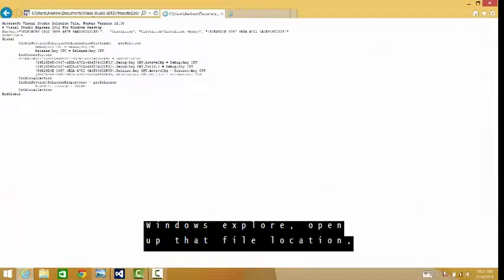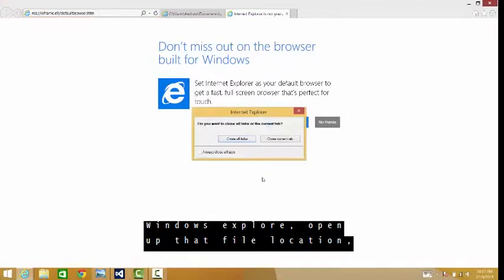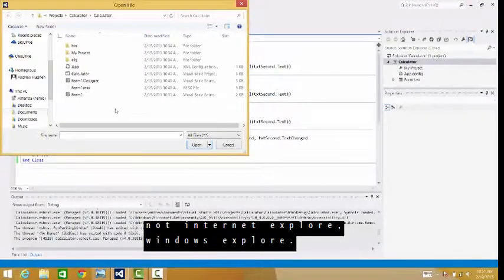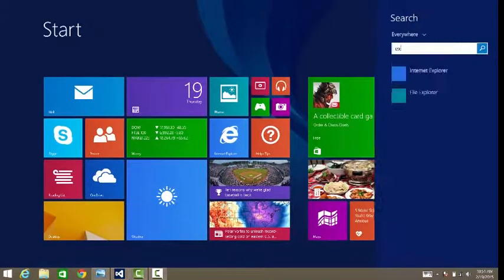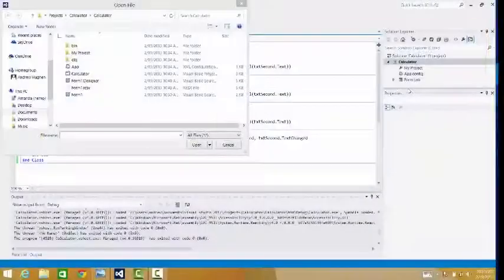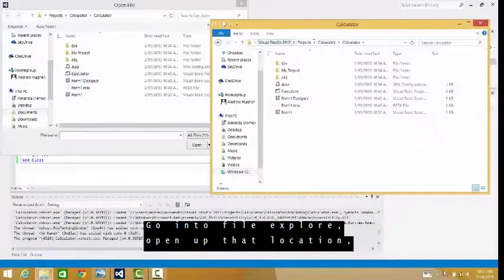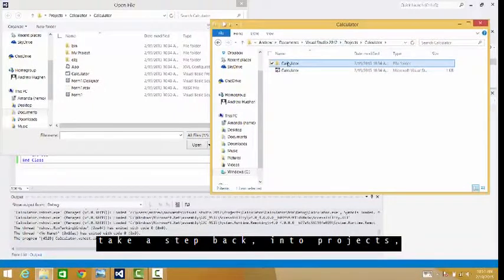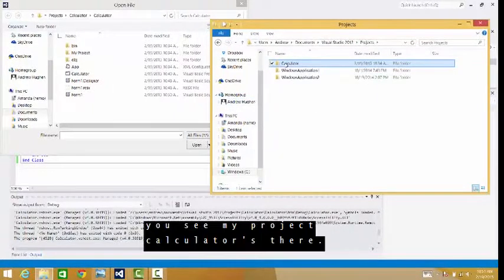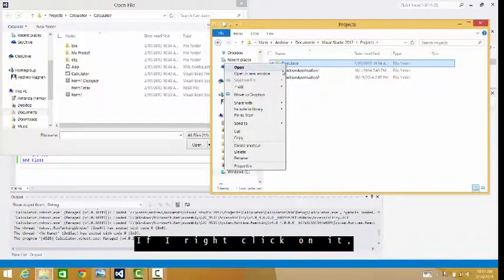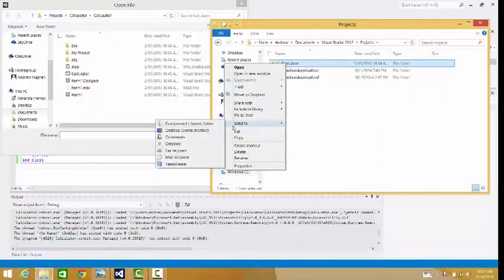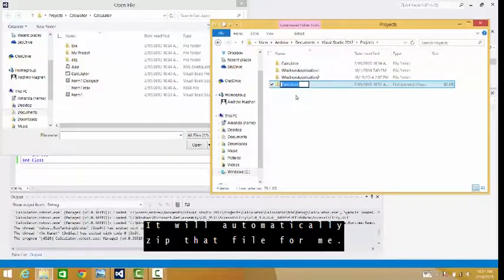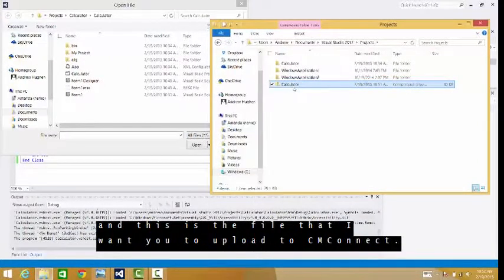Windows Explorer, open up that file location, not Internet Explorer, Windows Explorer. Go into File Explorer, open up that location, take a step back into Projects. You see my project calculator is there. If I right click on it, send to, and then do compress zip file, it will automatically zip that file for me. Now I have my entire application directory,